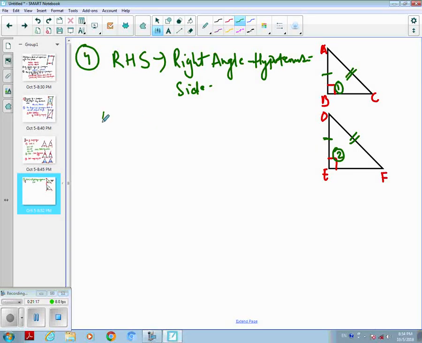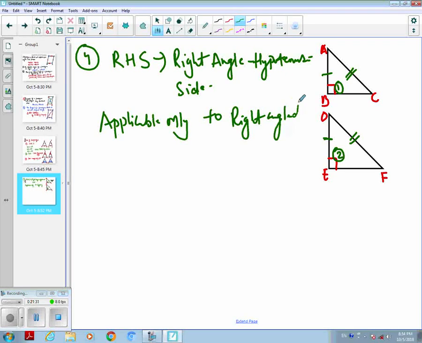This is applicable only to right angle triangle. Right? Now, returning back to quadrilaterals, we were discussing parallelogram. Another property of parallelogram,